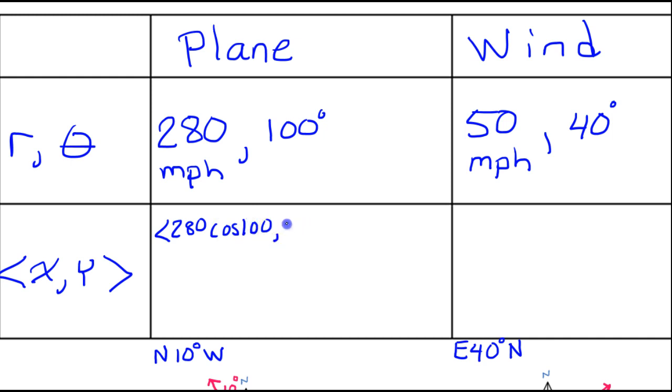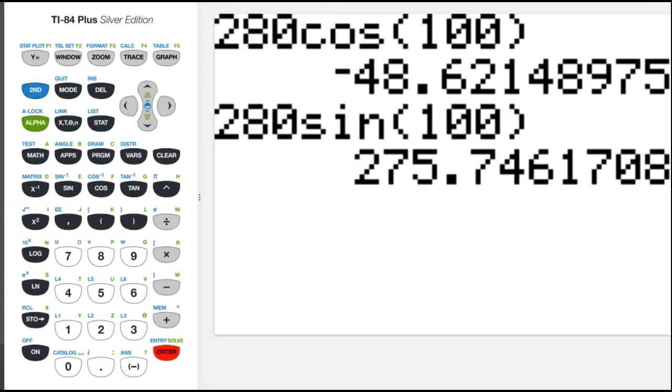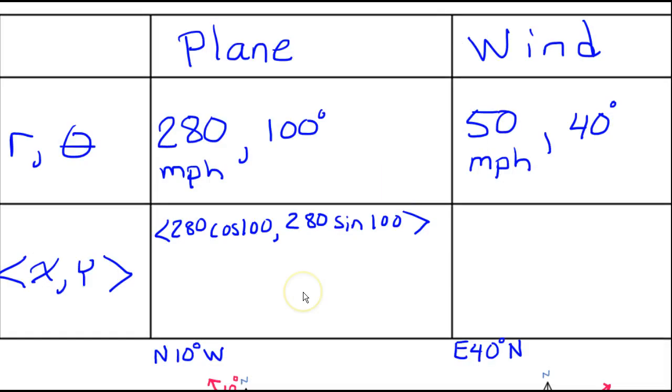And then r sine theta. So that will be 280 sine 100. We can use a calculator to evaluate this. Boom, this is what you get. So that's negative 48.62